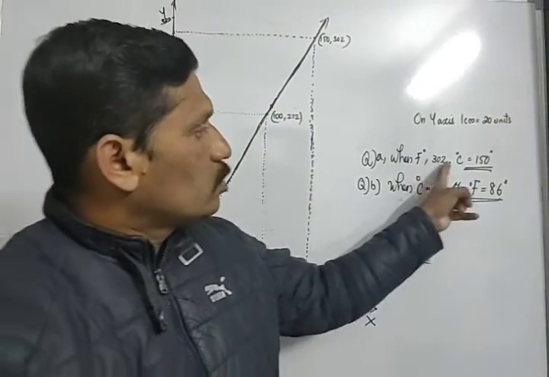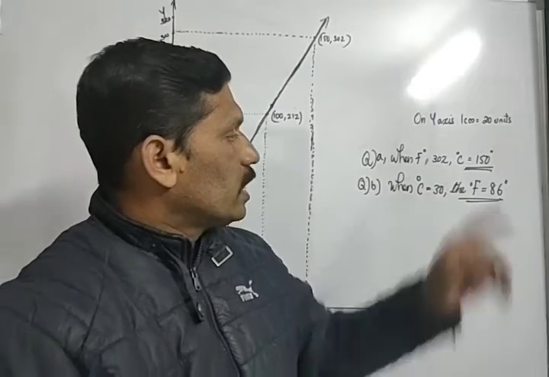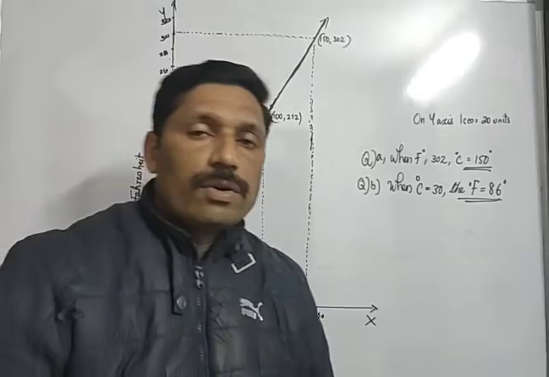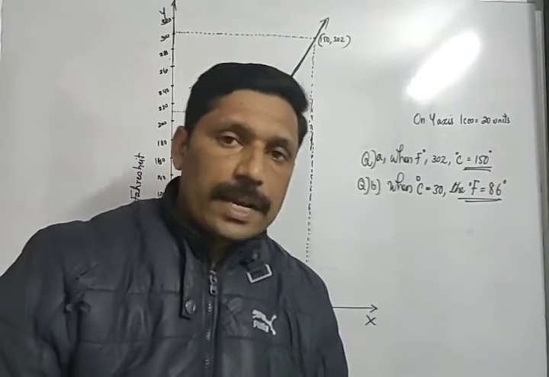When Fahrenheit is 302, degree Celsius is 150 degree, and when degree Celsius is 30 degree, the Fahrenheit is 86 degree. So students, in order to plot this point, or in order to find out this answer using a linear graph,